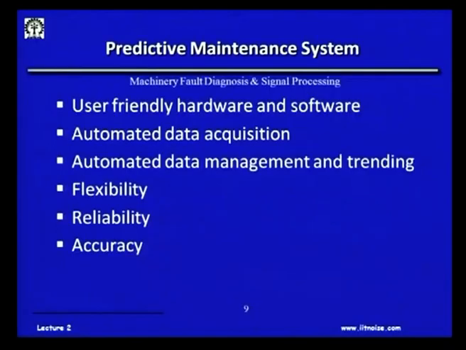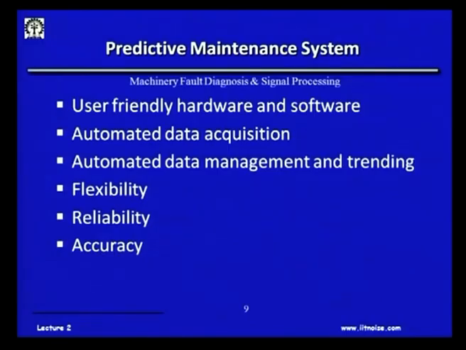And then today I have a system for a steel plant, the same system perhaps could be used in a cement plant. The vibration transducer is the same, the principles are the same, only thing is that I have to mount it in a cement plant instead of a steel plant. So, a system has to be very automated, it has to be flexible, and of course, it has to be reliable. I mean, garbage in is garbage out. If I give junk data to my computer, it is going to give me a junk output. That should not happen. Okay.